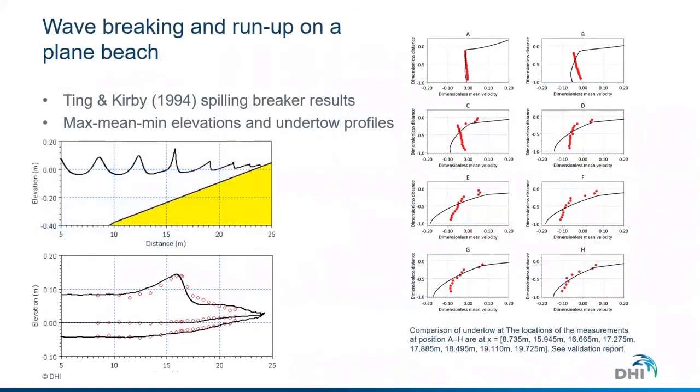Next up, we are looking into the wave breaking of Ting and Kirby 1994, where we have a regular wave train shoaling on a beach. Here we can see that we capture the wave breaking point quite accurately. If we look to the right, we have some undertow profiles, where point C is during the wave breaking, where we have a somewhat worse comparison, but